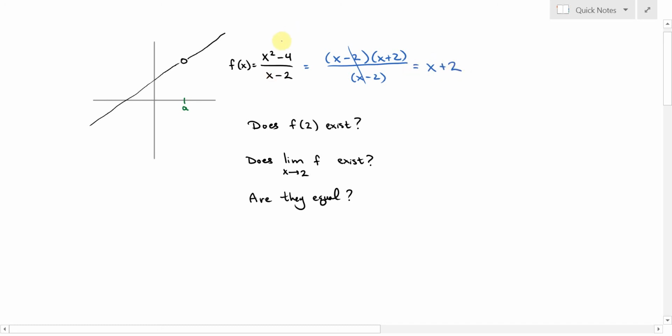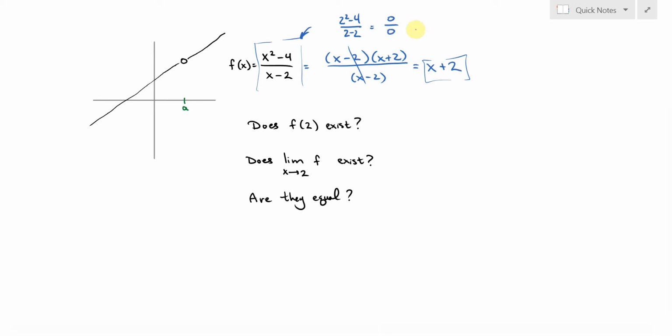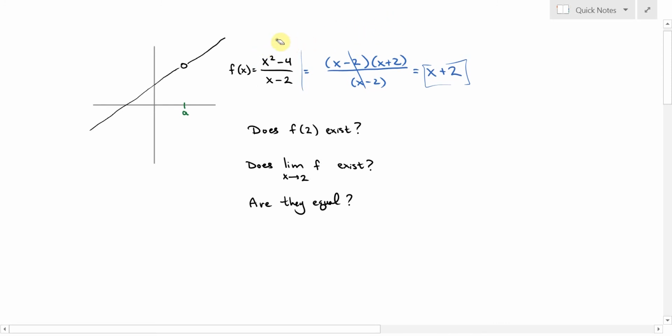But the difference between the function (x² − 4)/(x − 2) and x + 2 by itself is that here, if you plug in 2, what do you get? You get 0 divided by 0, right? You get 2² − 4, which is 4 − 4, which is 0, over 2 − 2, which is 0. So you get 0 divided by 0, and of course you're not actually allowed to divide by 0. So what this ends up looking like, the graph of this function looks like the graph of x + 2, but it has a hole above